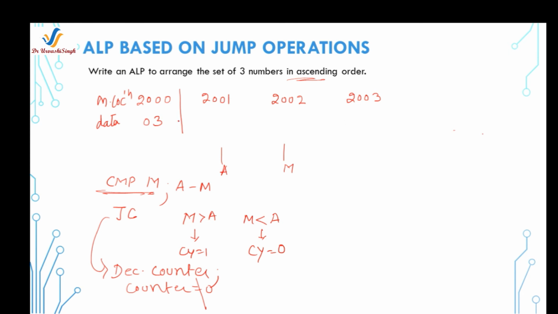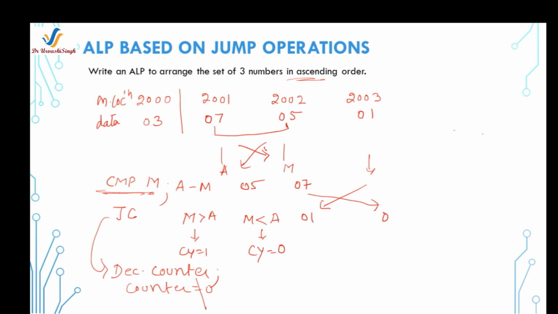if I am writing now 07, 05 and then 01. In this set of data, first you will perform the comparison between these two numbers, and yes, swapping is required because we want to arrange in ascending order. So after the swapping, the 05 will be here and then 07, and then once again the second number and the third number are to be compared, and you have to again perform the swapping.